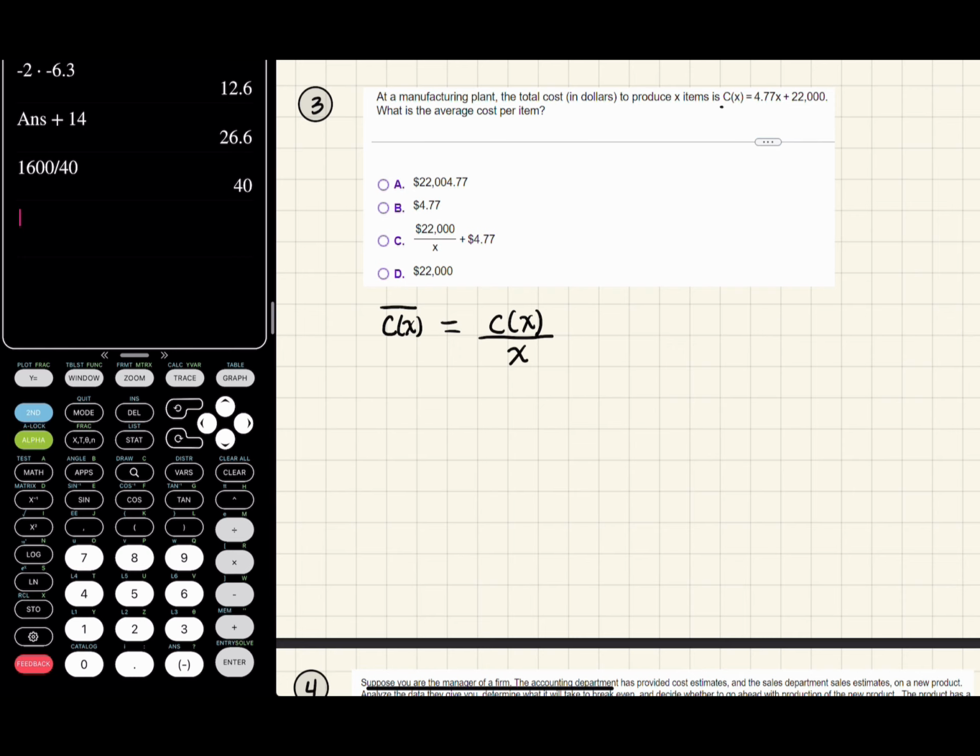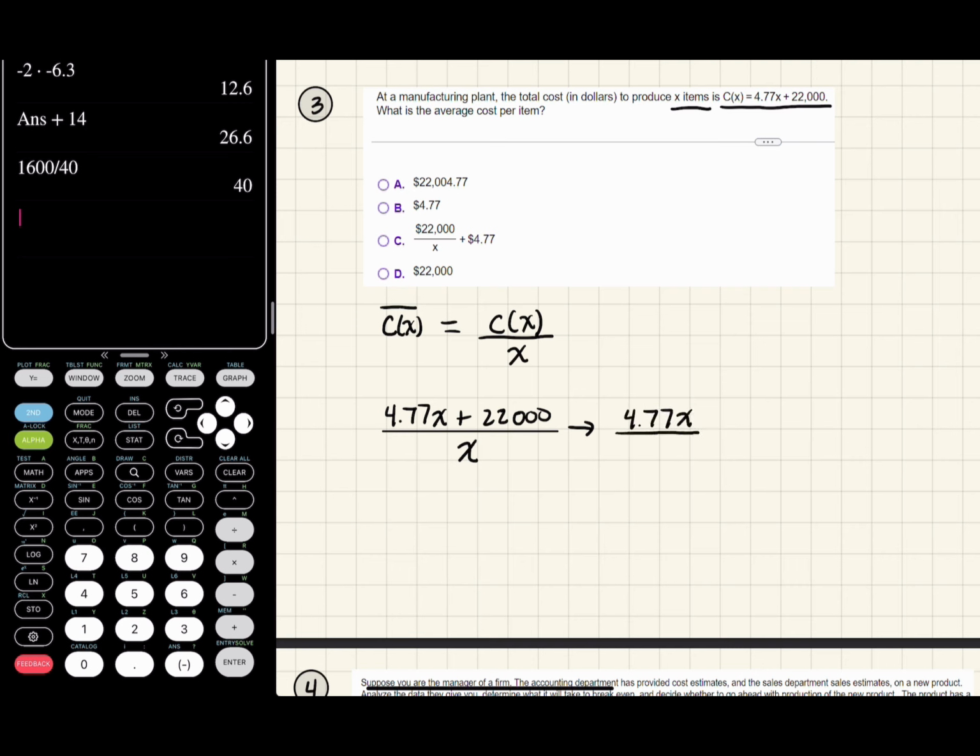We can take our total cost function and divide it by the number of items produced. Well, there were x items produced, so we just divide by x here. And let's see what we get here. Since we have a common denominator, we can split these pieces up. So let's rewrite this as